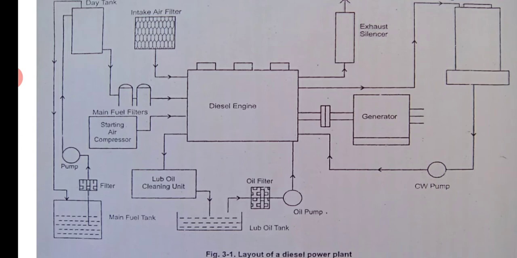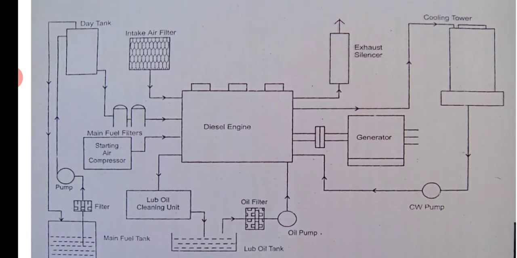Okay, now next is air. You can see on the diesel engine, top left side, the air intake filter. Any engine will have a filter so that the air is cleaned and sent to the engine. Then to the right of the top you can see an exhaust silencer also. When the air is burnt with the fuel, the burnt gases are sent out to the exhaust, and because it makes noise, there is something called a silencer. You will have baffle plates, small plates, so that the noise is arrested.